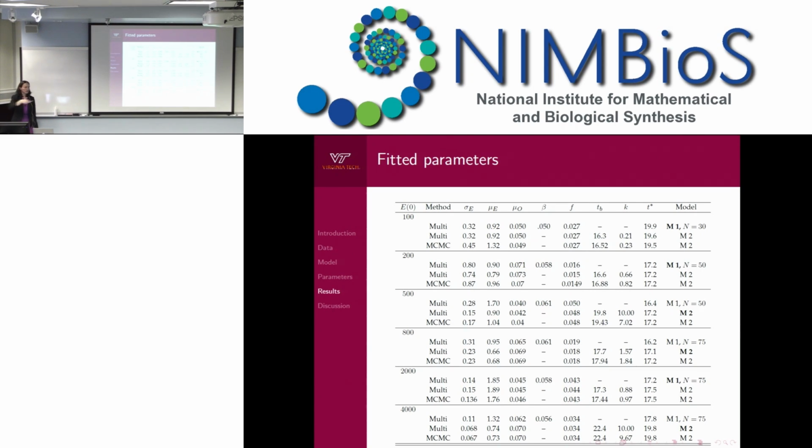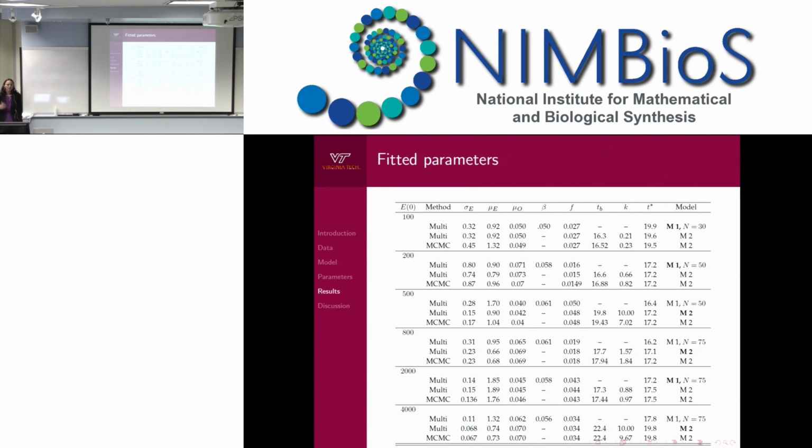And then the MCMC is that final line in each condition. And of course, it's always Model 2, because that's the only thing that we fit with the MCMC. And this number n over here tells us what is the optimum number. So when I showed you that AIC graph before, which of those dots was the minimum for Model 1 that we're working with. And so if you look across here, we see a fair bit of consistency between